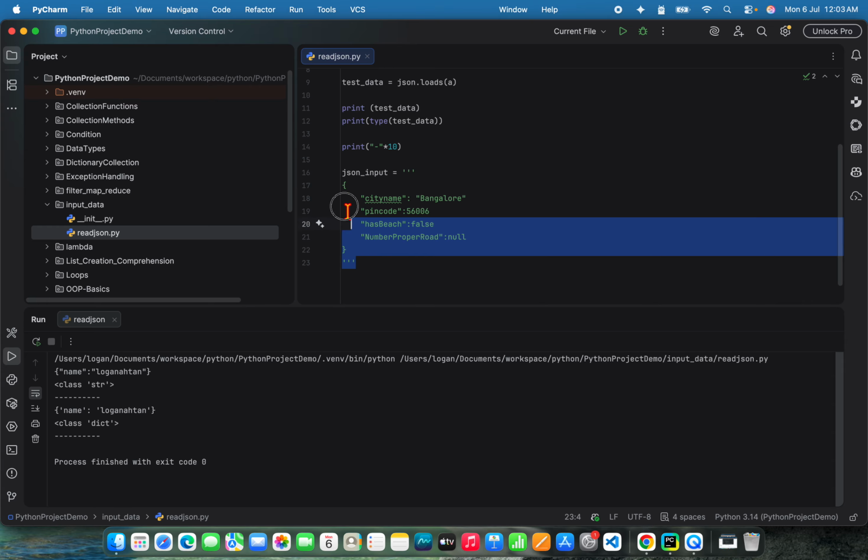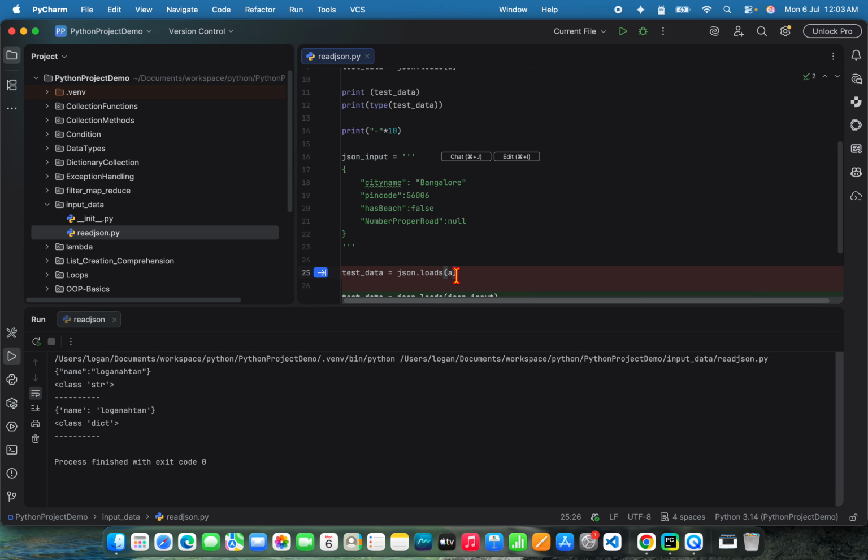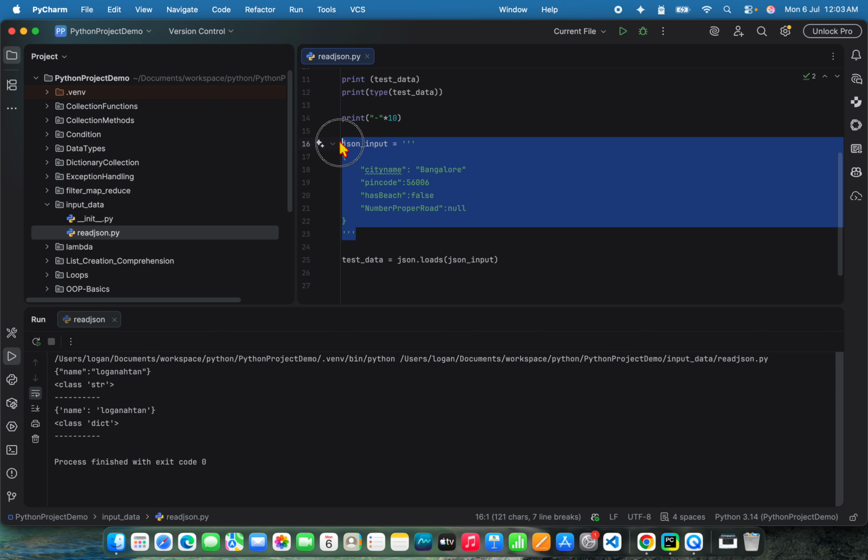Now this is a JSON. Once I convert it, I'll follow the same process. Test data is equal to, I'm going to convert this. How can I convert? I can convert like this. And after I convert this, if I want to iterate through my